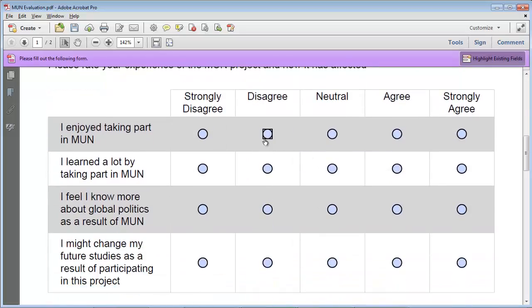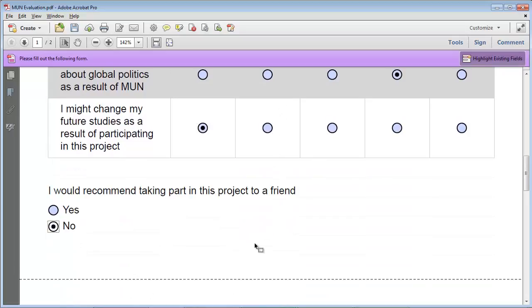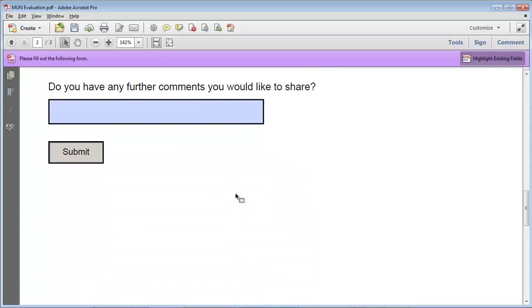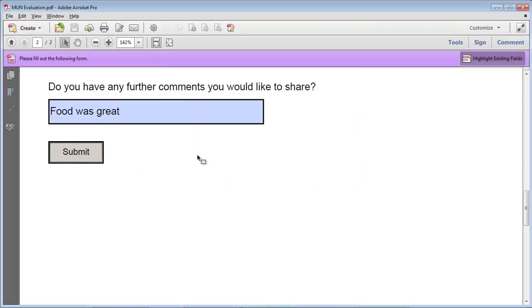Did I enjoy it? Well, no I didn't. I didn't learn a lot. I probably do know more about global politics, and I probably won't change my studies, so there we go, and I wouldn't recommend this to my friends. Any other comments? And I'll click submit. Then what happens is Acrobat connects to the internet, submits the form, and when I switch back to FormsCentral,